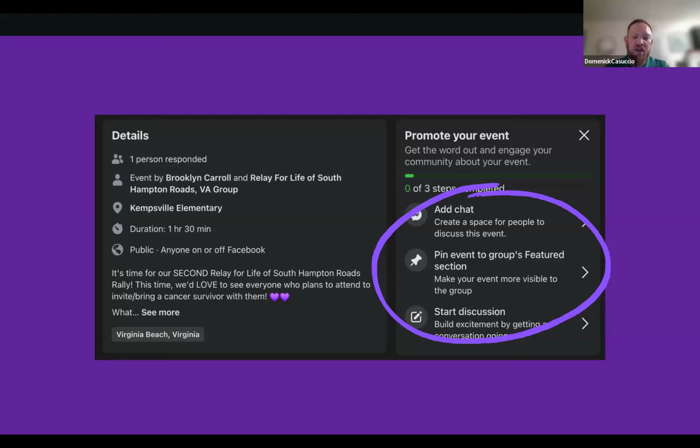So typically original content does get more attention within the algorithm. But that can change depending on what Facebook is altering with the algorithm at any one point in time. So it's always a moving target and it could change from hour to hour, day to day. But typically, yes, original content does get more engagement than shared content, but shared content still gets engagement. You can still pin it to the top of your group. And it's still valuable information.